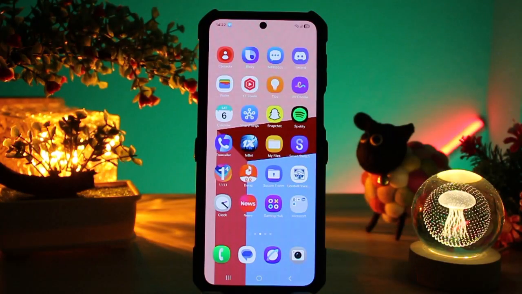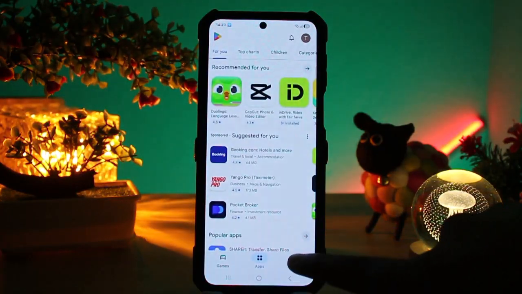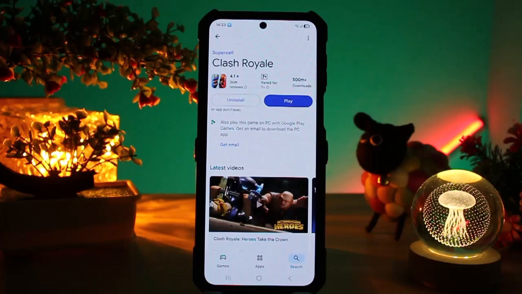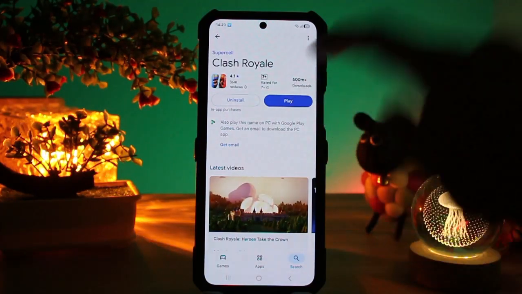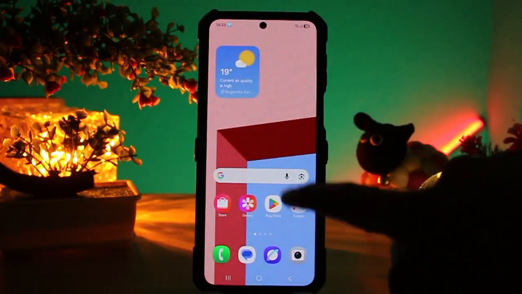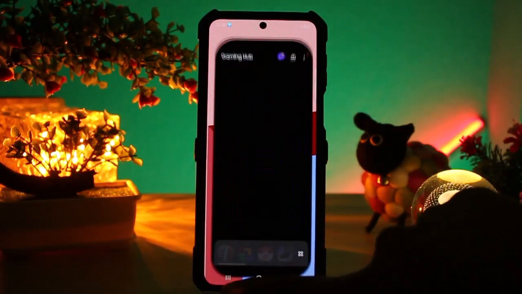The first basic step is to make sure that your device is connected to Wi-Fi or any kind of data. After that, you just need to open Play Store or App Store, and from here search Clash Royale and check if there is any update available for the app. So if there is any update, click on the option of update. If there is none, you just need to open the app Clash Royale and log into